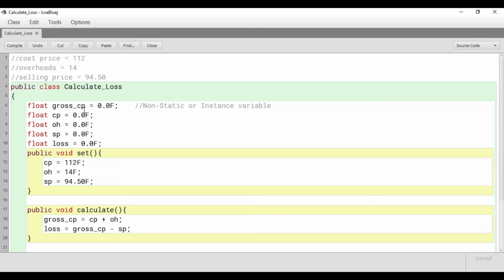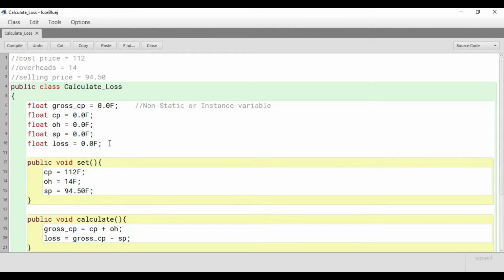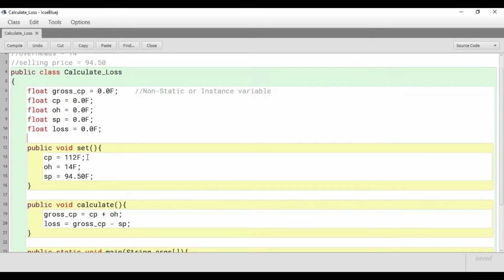All these variables I have initialized, and this is how you should initialize before you provide any value, and the value should always be given with the help of specific functions. See over here, I have assigned the value inside the function called set. This particular function name I have chosen. It's a very good practice that you write your program using functions. That's how you will be able to fetch a very good score.